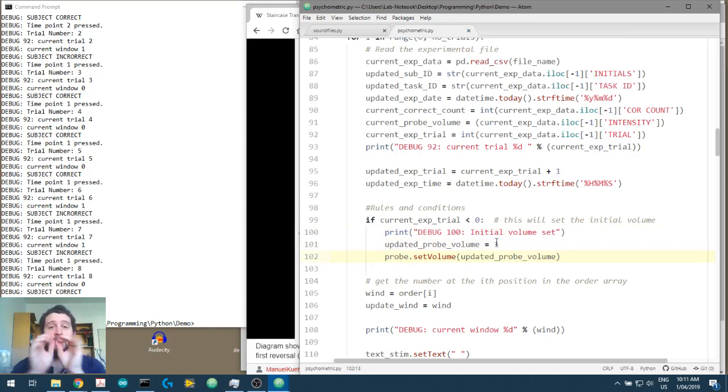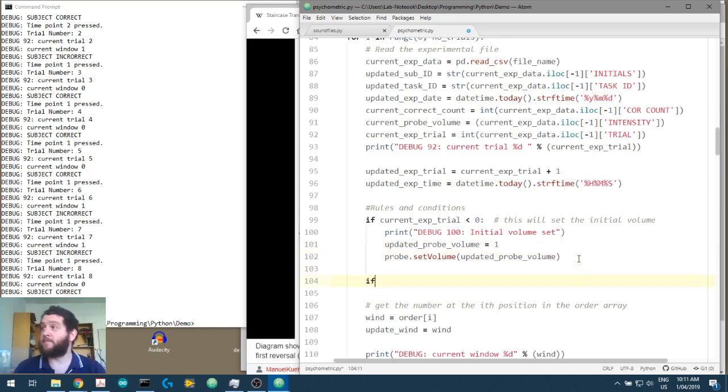Now that we've done this, every time we start a new file and the experimental trial is less than 0, because it's going to be -1, that's our initialization, we're going to set it to 1. The probe volume will be set to 1. Okay, great. So the next thing that we need to do now is we have to think about if the